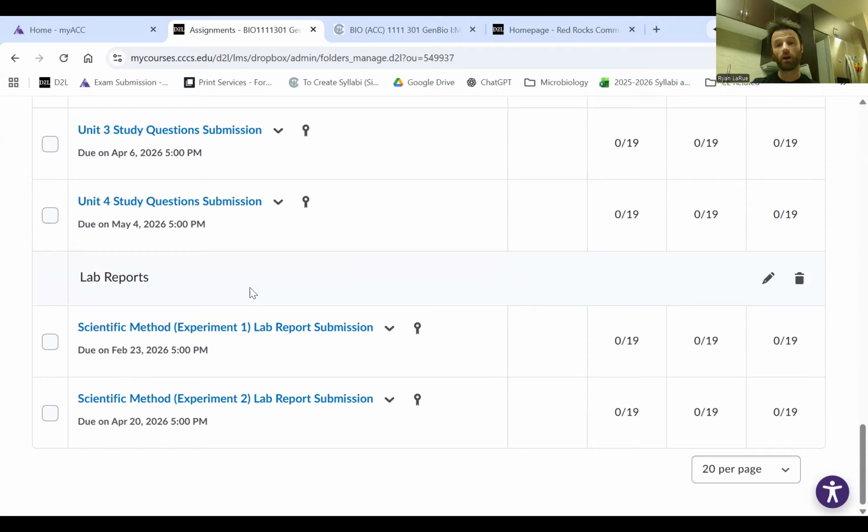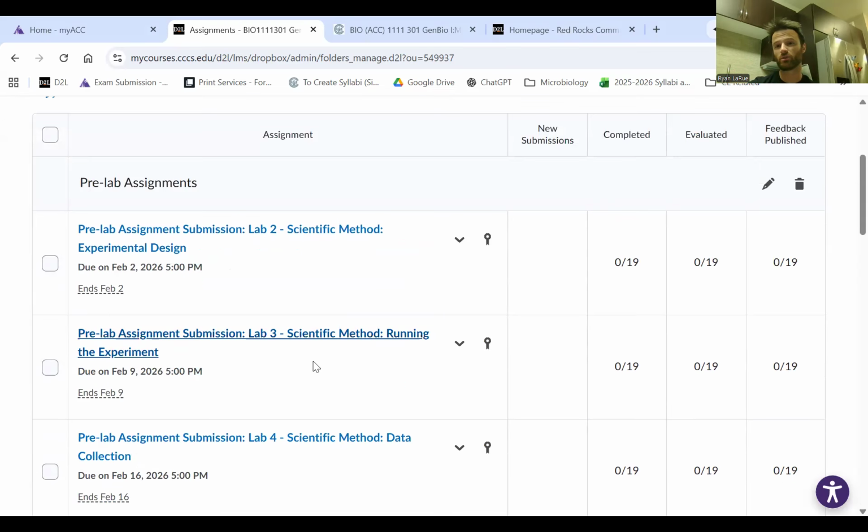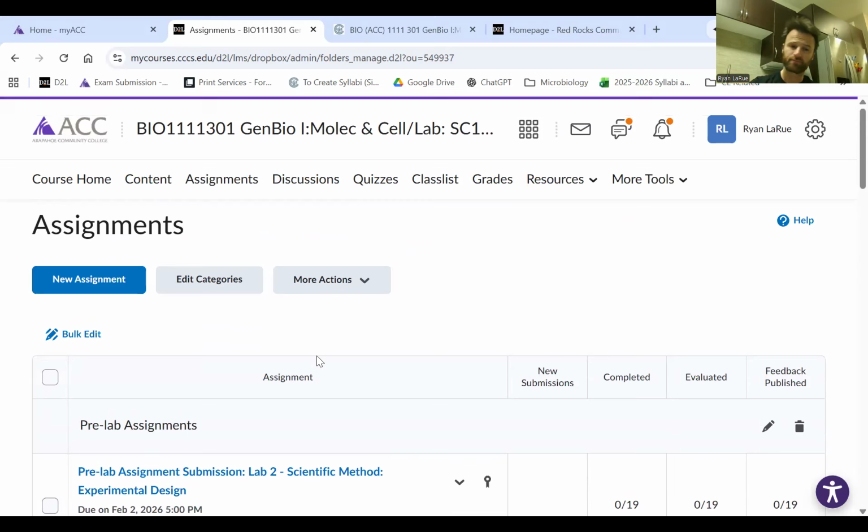So yeah, if you want to submit your assignments on D2L electronically, this is available for you. I also accept hard copy, physical paper copies of any of these assignments. It's totally up to you. So again, if you want to submit here on D2L, you can, and you're going to do that under assignments. If you want to submit on the day they're due in person, that's totally an option as well. When we meet for lab, I'll collect any hard copies.